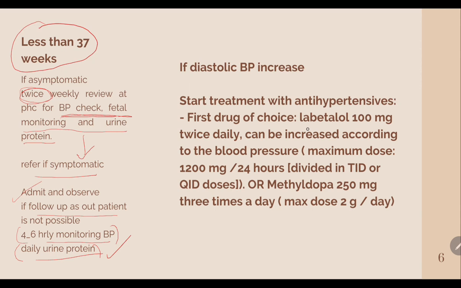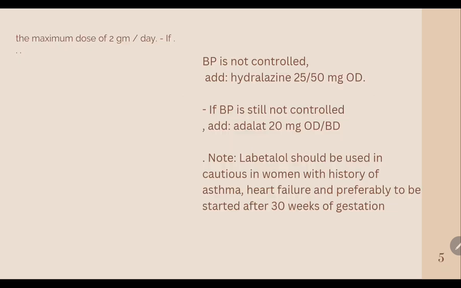That's if the diastolic BP is high, this is the drug that you start giving to the patient. Labetalol, which is 100 milligram twice daily, can be increased according to the blood pressure, maximum up to 1200 milligram per 24 hours divided TID QID doses. And next is methyldopa 250 milligram thrice daily, maximum dose is 2 gram per day. Okay, now next,